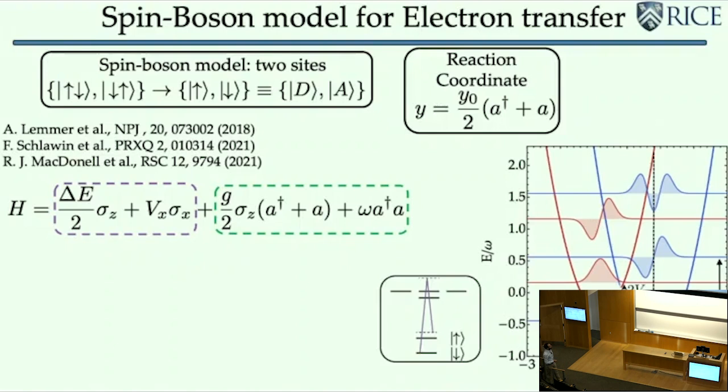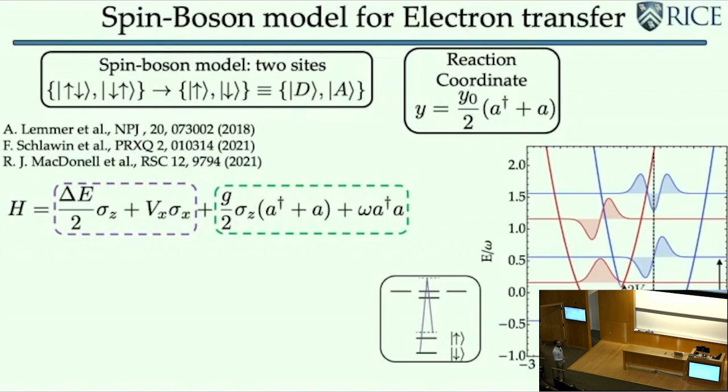And on top of that, we can also use single-body terms to change the energy difference between donor and acceptor, and also the coupling of these two surfaces. And all of these parameters can be tuned with this Raman process that creates both single-qubit rotations and